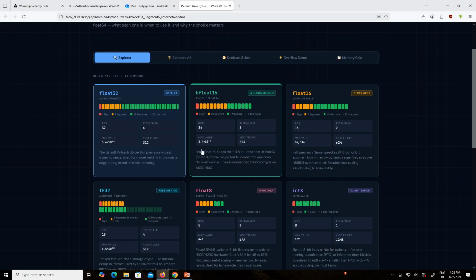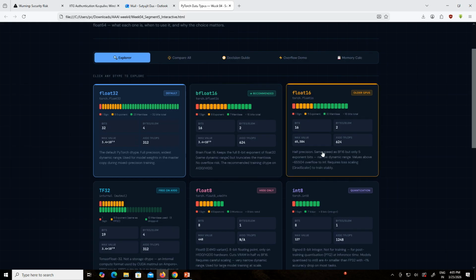This is brain float 16, and it keeps the full 8-bit exponent of float32, so it has the same dynamic range but truncates the mantissa. It will not have an overflow risk because of the exponent, and